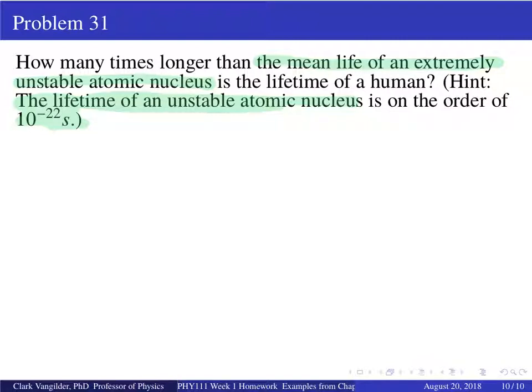So 10 to the 11th is a billion, 100 billion. Okay. Square that, multiply by itself, it's even smaller. So the mean lifetime of an unstable nucleus is an insanely small amount of time. 100 billionth of 100 billionth of a second. That's what 10 to the minus 22 refers to. So we just make a ratio here. So the time of a heartbeat, or lifetime of a human in heartbeats, that's why we did this previous problem, to the time of an unstable nucleus,